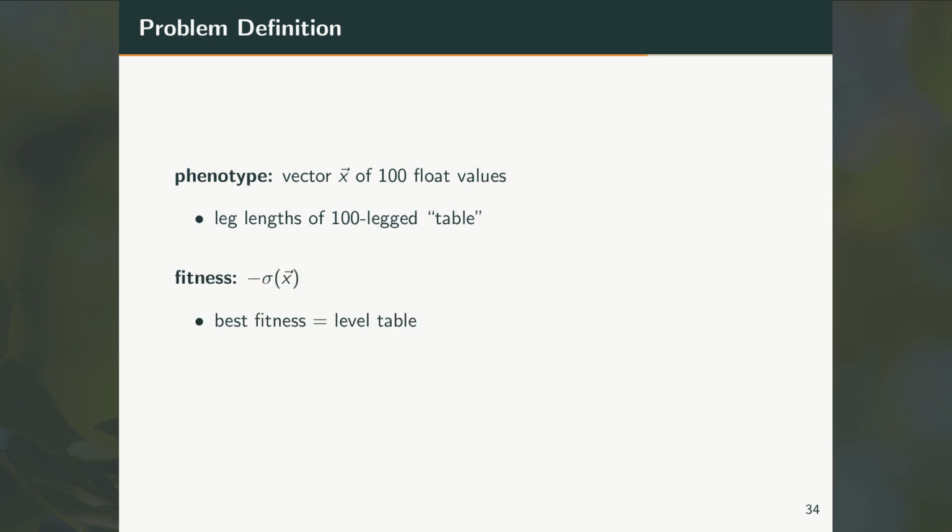And we take fitness as the inverse of the standard deviation, or the negative value of the standard deviation of those leg lengths. So basically, the best fitness here is a level table. And this is a rugged fitness landscape because any level table becomes a local fitness peak, right? If you adjust any one leg of the level table, you're going to be destabilizing the table. You're going to be increasing the standard deviation of the leg lengths if you are at a